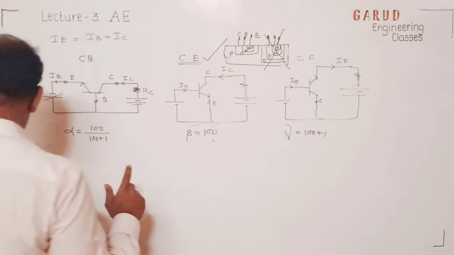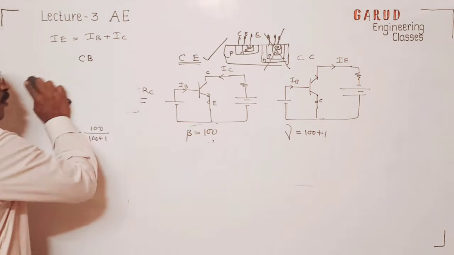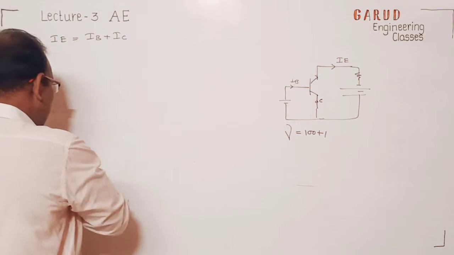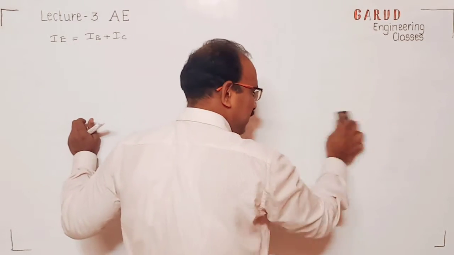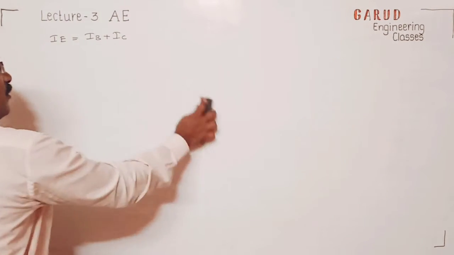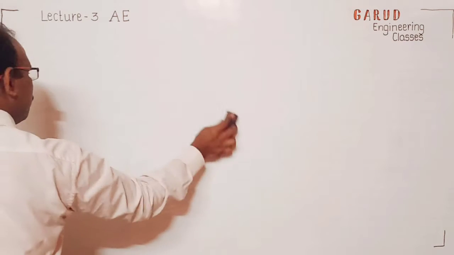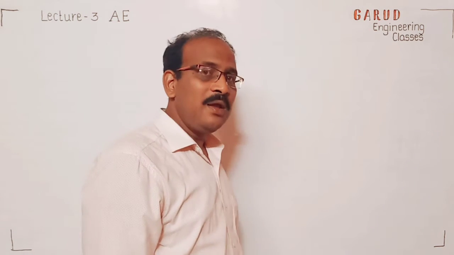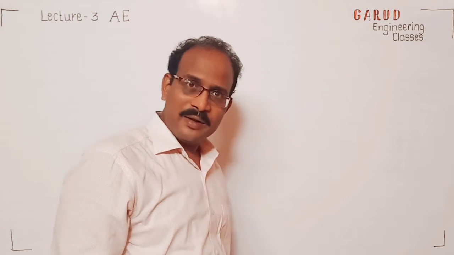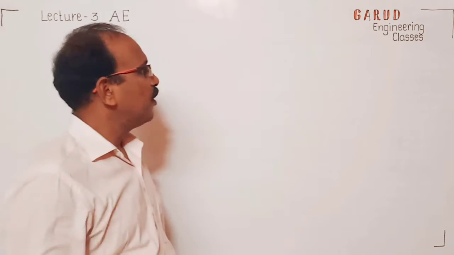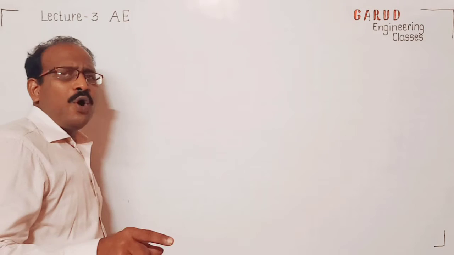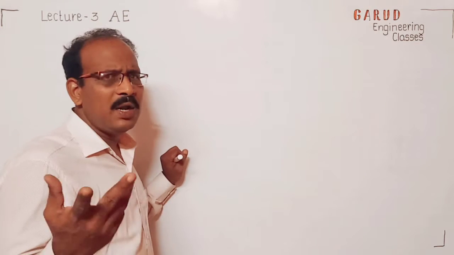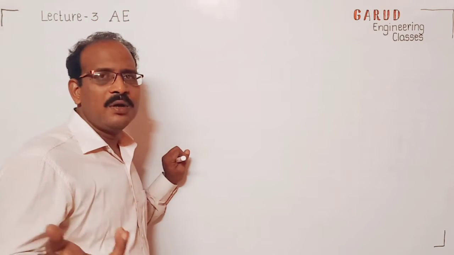Now here is an important thing I want to tell you. First thing, why is the NPN transistor used? The answer is, it is easy for fabrication. In the vertical fabrication method, it is good. What is that vertical fabrication method? You will see that in the very large scale integration subject, VLSI, in semester 6. But if you want to see what vertical IC fabrication is, you can Google it and see the videos on YouTube.